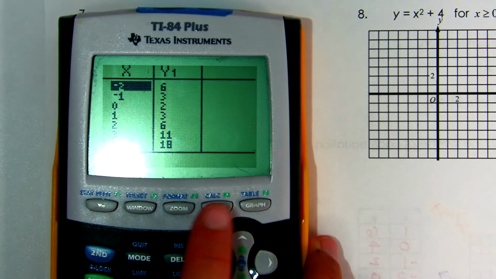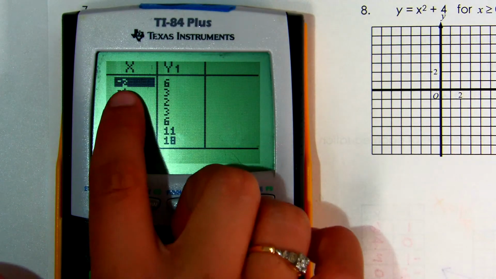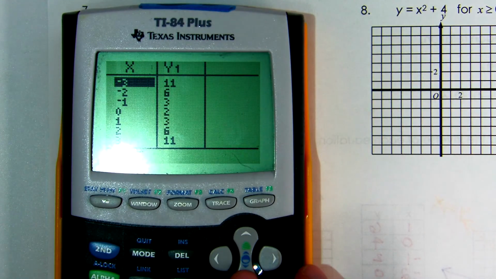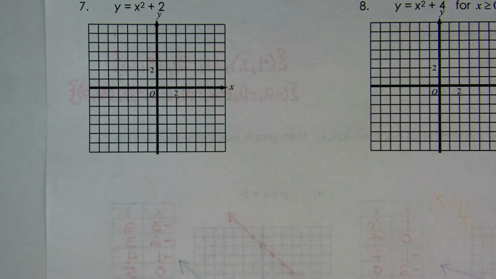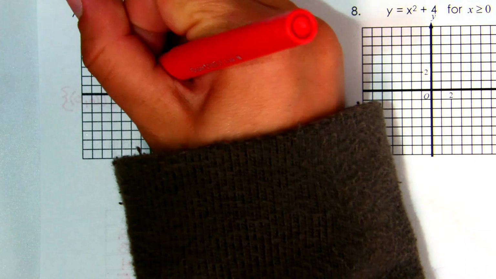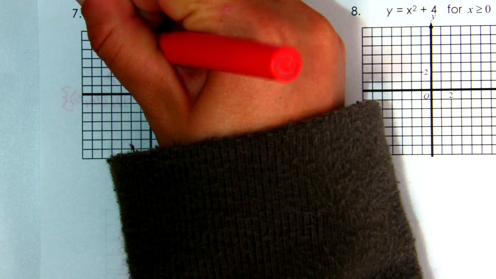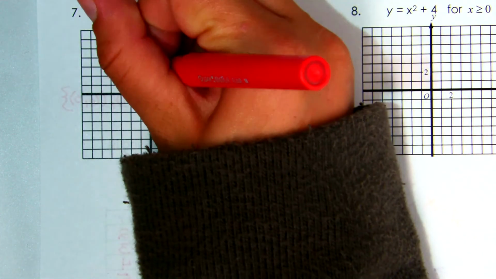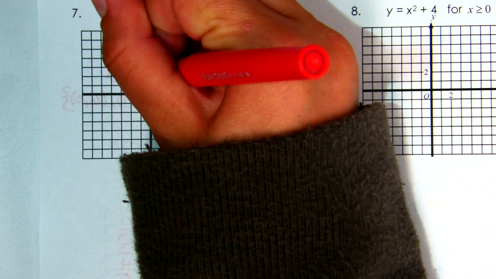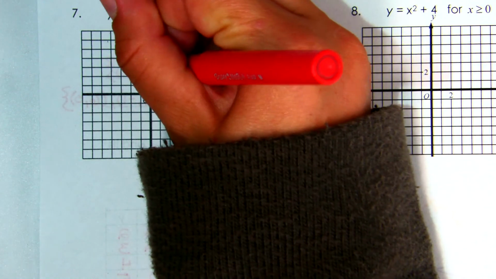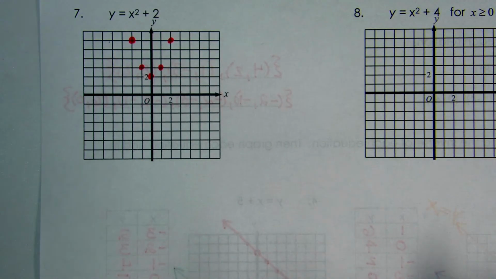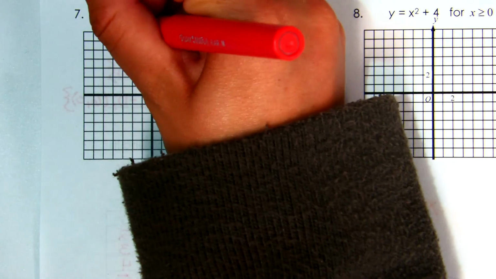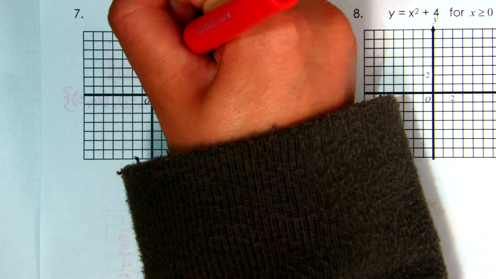So I'm going to do the points that will fit. There aren't 11 units on the graph, so I don't want to start with 11. So I'm going to do negative 2, 6. Negative 2, 1, 2, 3, 4, 5, 6. Negative 1, 3. 0, 2. 1, 3. And 2, 6. So I made a nice U graph, also known as a parabola,